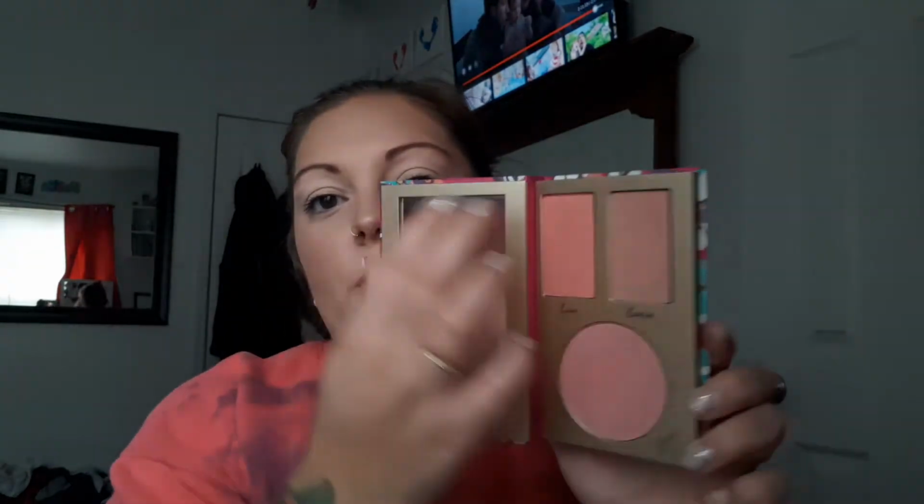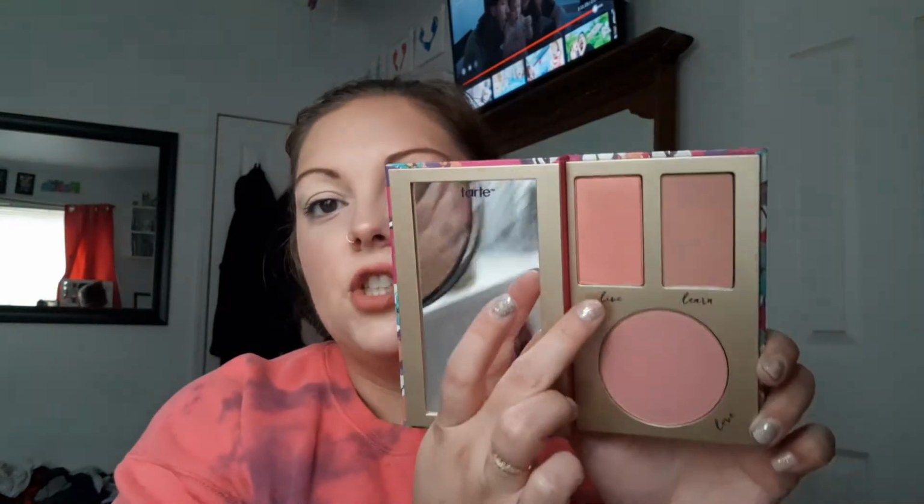This packaging is so pretty. And I went in with the Live shade. That was really nice too. I didn't go in with a heavy hand. I'm not super crazy over blush. I do like it, but...